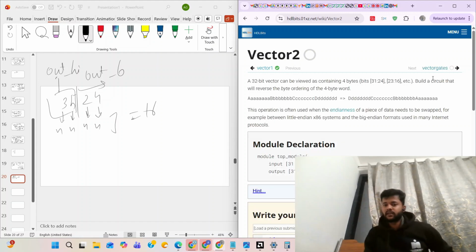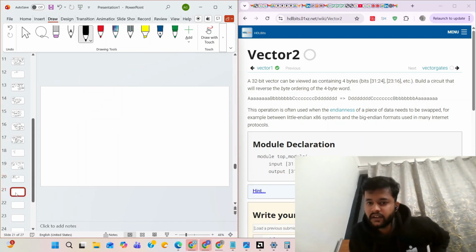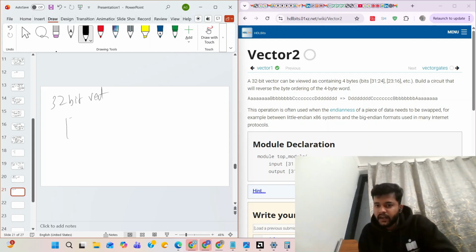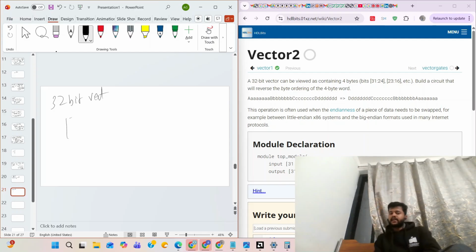So the next program is, there is a 32-bit vector. Now we have to build a circuit which will reverse the ordering of the bits.